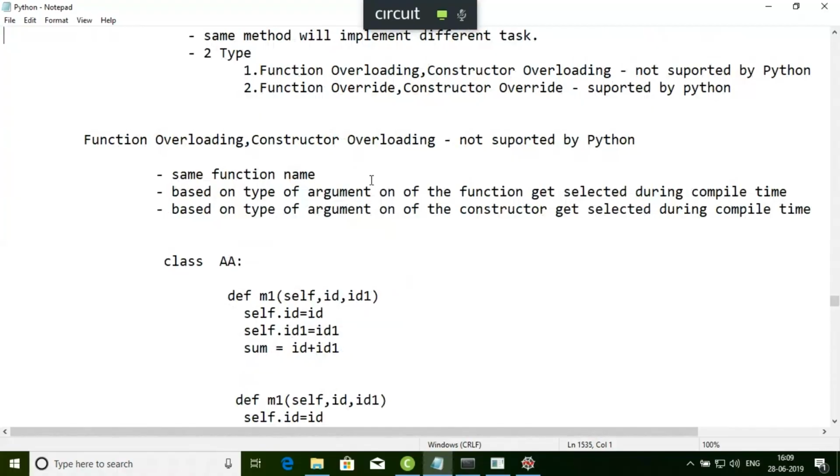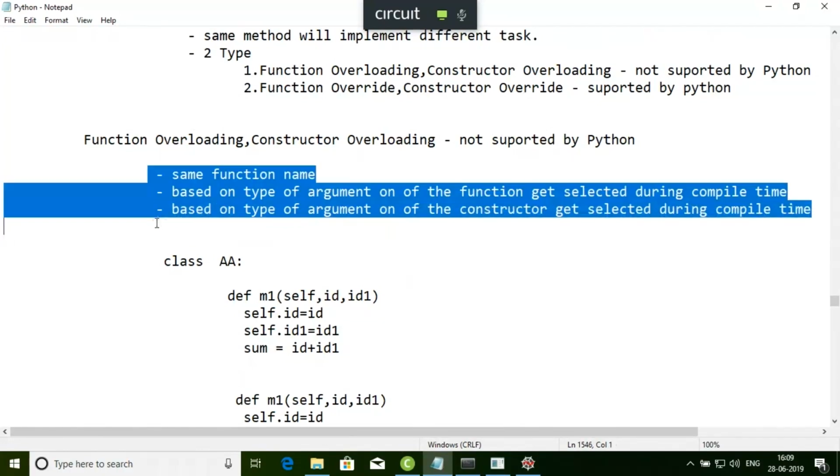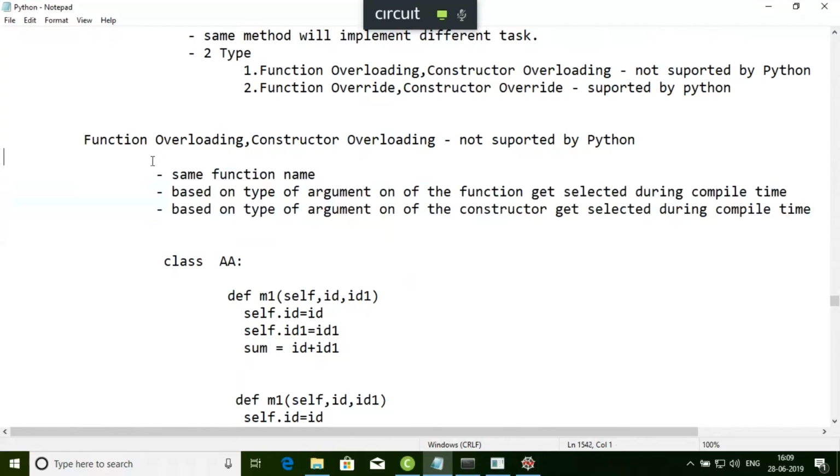Function overloading or constructor overloading is not supported by Python. Why? That's what I'm talking about here. This is the definition of function overloading. Okay, so this is a definition. But in Python,